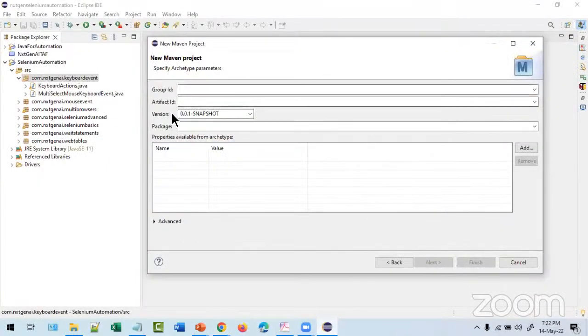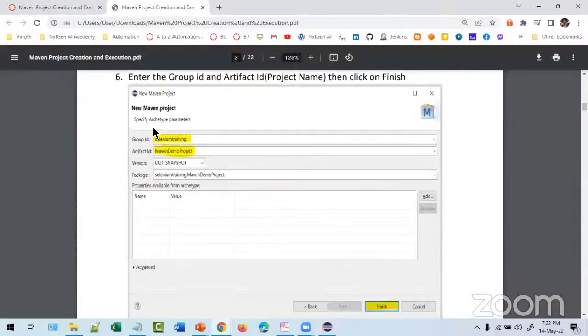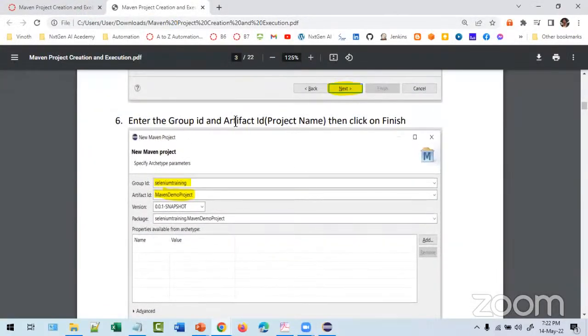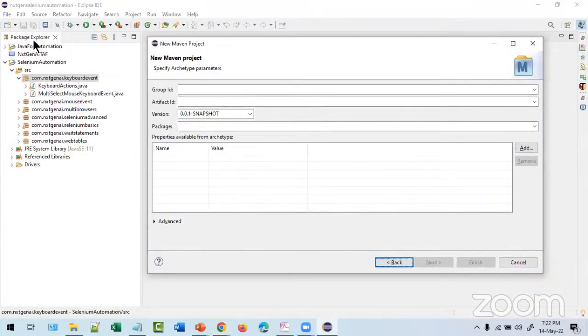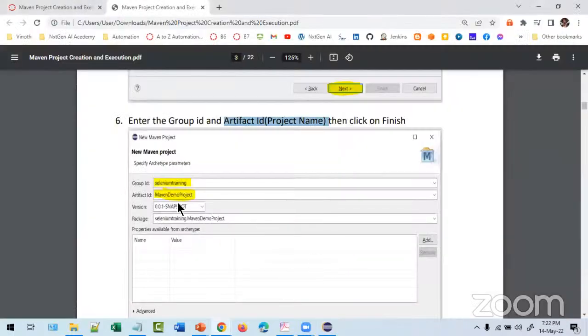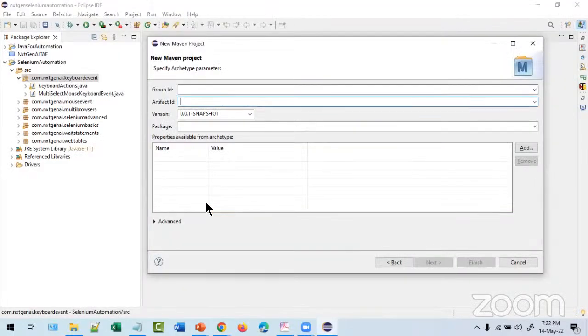You will get group ID and artifact ID. The artifact ID is nothing but your project name. Whatever we give as the artifact ID is called the project name. I can give here TestNG Framework. Group ID, you don't need to worry about it.